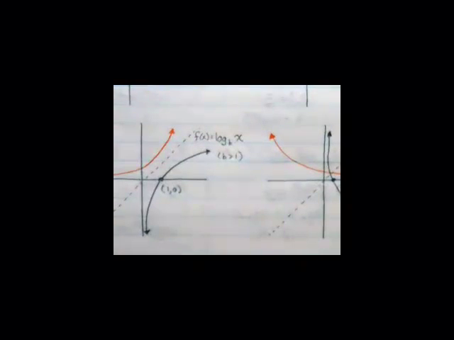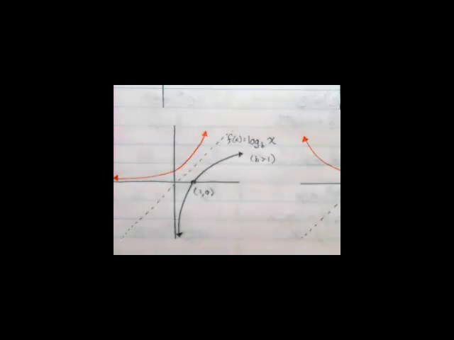Okay? So take a look at this first log graph right here. Do you guys see a vertical line that the log graph gets really close to but never actually crosses over? Okay? It's that y-axis, right? So as it comes down, is it ever actually going to cross the y-axis? No, it just keeps going down, right? So this y-axis, or if you want to give it an equation, technically that's x equals 0, but that x equals 0,